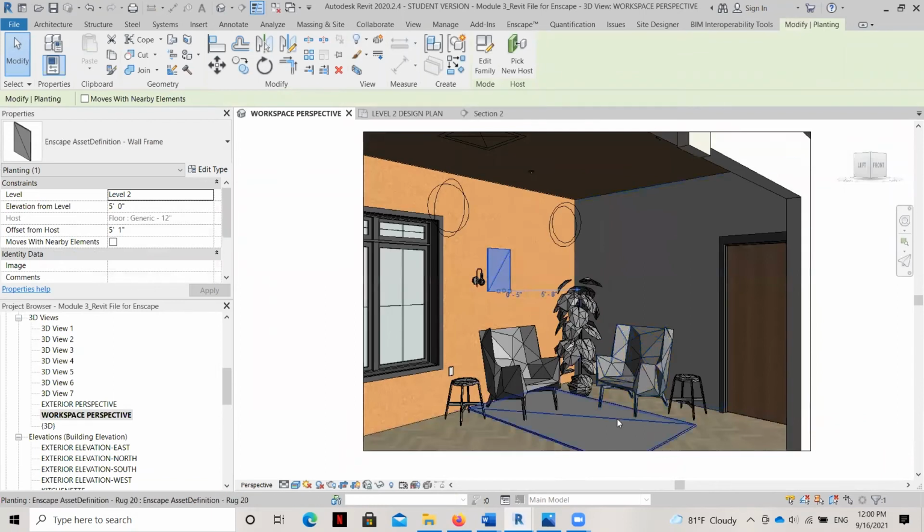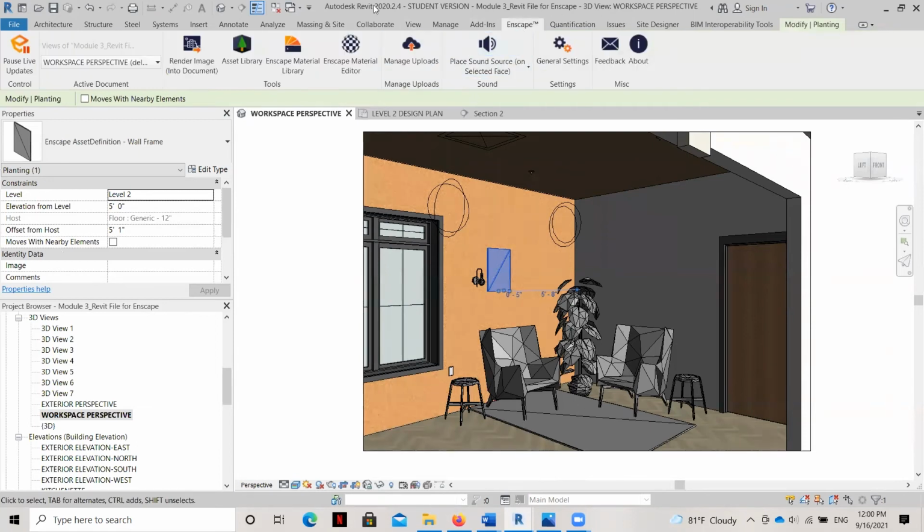Now, again, keep in mind, there's really no end to the amount of art and accessories and things that you can add to your rendering, but it's really just trying to be mindful more and more of the weight and the size and how much it's going to slow down your computer. I'm going to add one more element to show you here in this video, and then I'm going to start to modify the locations just a little bit.